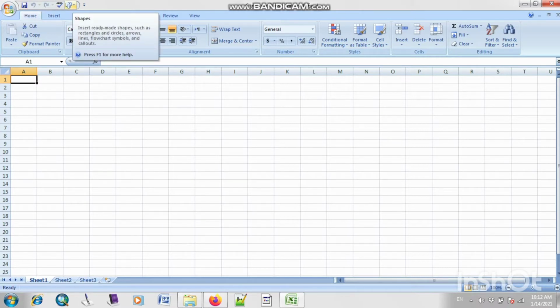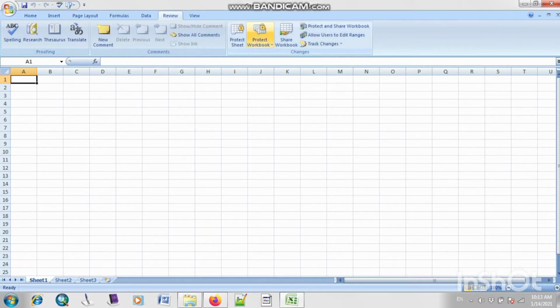Right, this bar is basically known as quick access toolbar. Now what is the use of quick access toolbar? Fatima, tell me, what is the use of quick access toolbar? Right, quick access toolbar is basically used if you want to insert your features or icons in this bar, so that you don't have to find it on your different tabs.